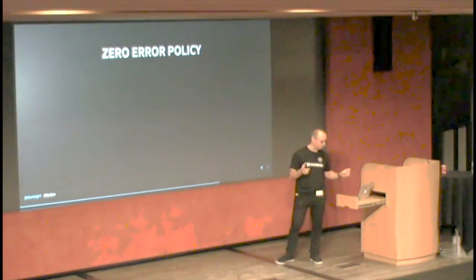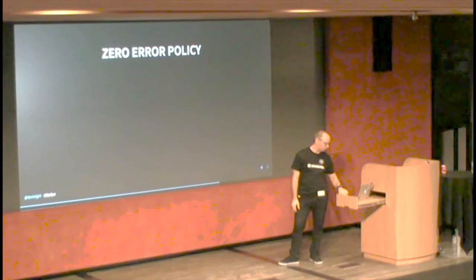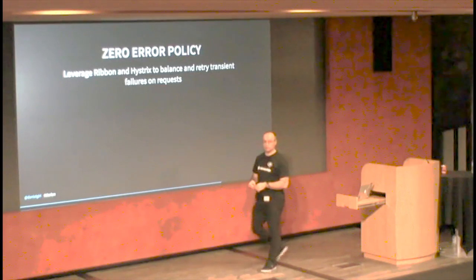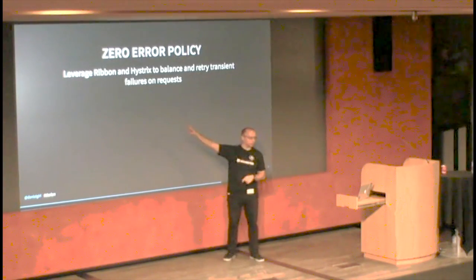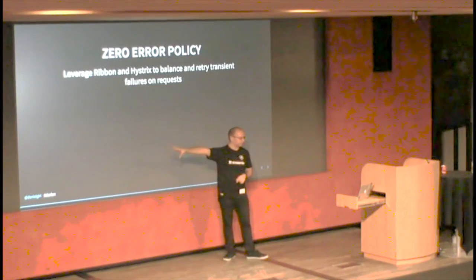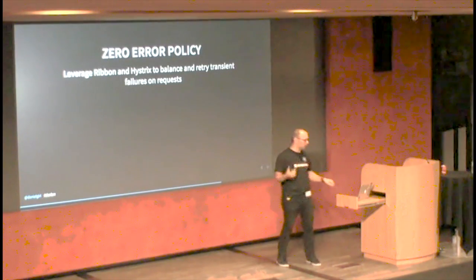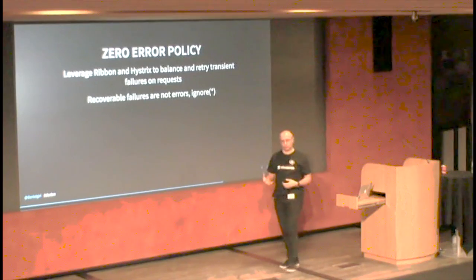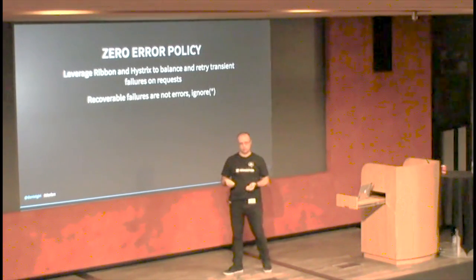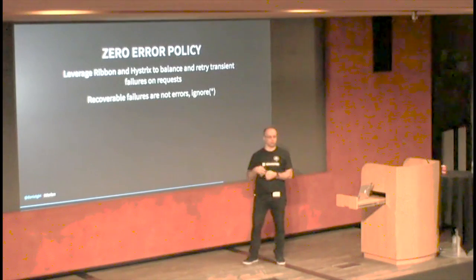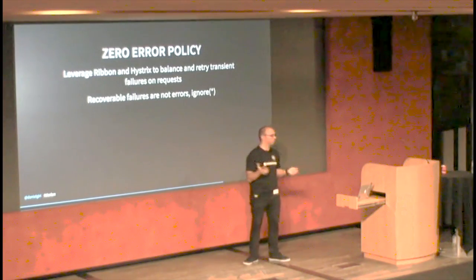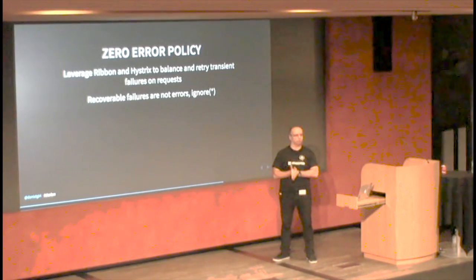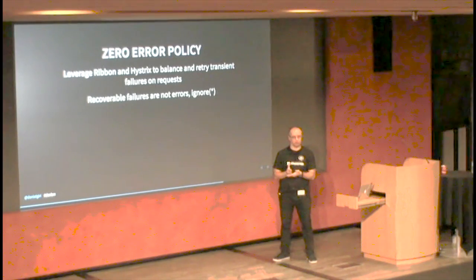Which brings me to the second out of four patterns, what we call the zero error policy, which is striving to say, okay, I've got all these goodies to shield users from actual failures. And you can retry those latency problems, etc. Depending on your architecture and the hardware you use, there are instances where you cannot consider failures as failures. You just retry, and there was a blip, a glitch, whatever, and that's fine. Even if it happens from time to time, just ignore it. You would call it a problem when it happens more than you expect.